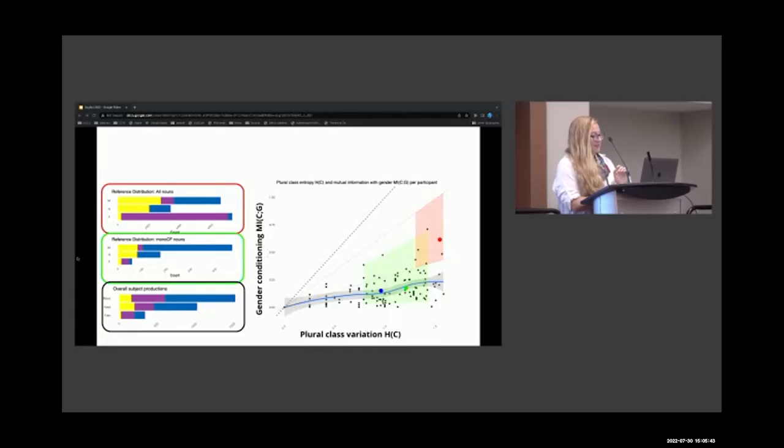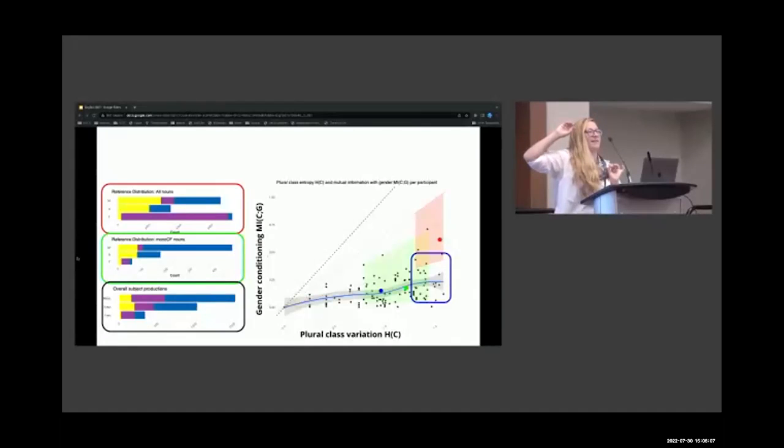But I would like to draw your attention to this part. So these are speakers who are producing a level of variation in plural class similar to what we see in the overall lexicon, right? So they're using a lot of the classes, and if they were following the amount of predictability of grammatical gender in the lexicon, then they would be more in the red box, right? But they are consistently below it.